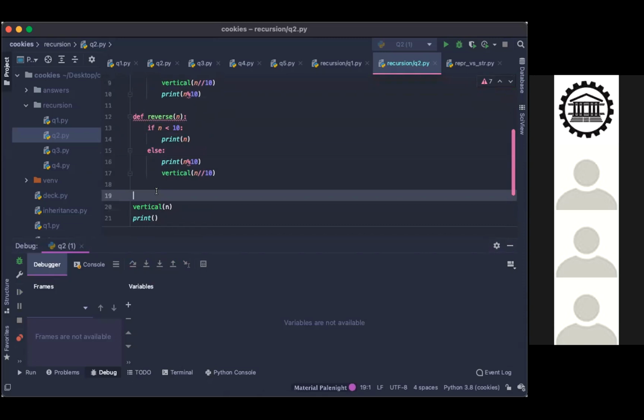Because when we do, well, I mean, it might only work for the ones place. I'm not sure, but every time, for example, in this case, 12,345 is our input for the function reverse, it checks the first if statement. It notices that it's not bigger than 10, it's not less than 10, so it goes to the else. And then it does n modulo 10. The remainder of that would be 5 in this case. But then we wanted to call vertical again.